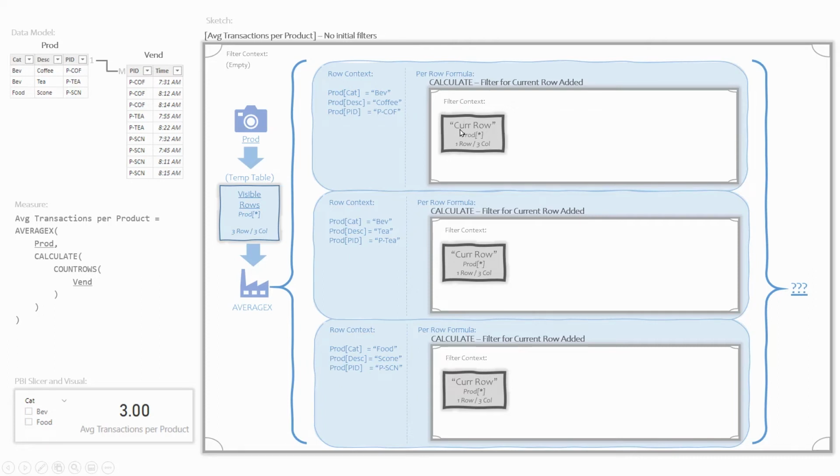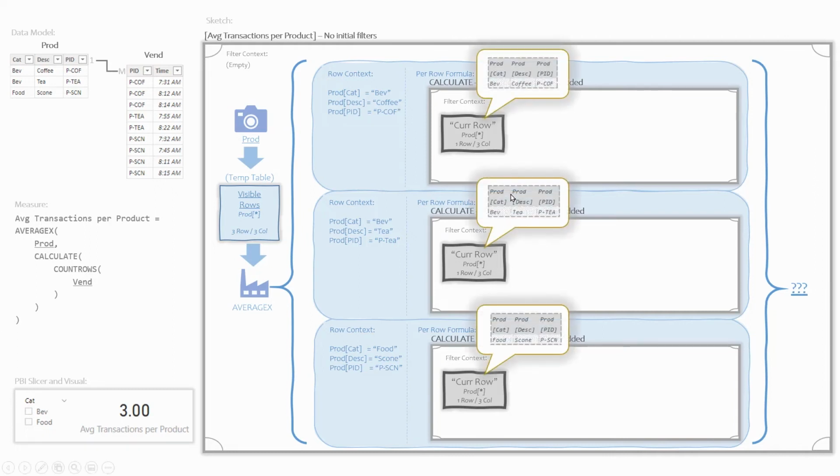Now, this filter, like all filters in DAX, is indeed a temp table. I describe it as the current row. It's got all the columns of product, and it's 1 row by 3 columns. That's true for all 3 of these. But even though, if you look at just the text of this one and this one, they look identical, the contents of these filters are quite different. What do I mean by that? Well,